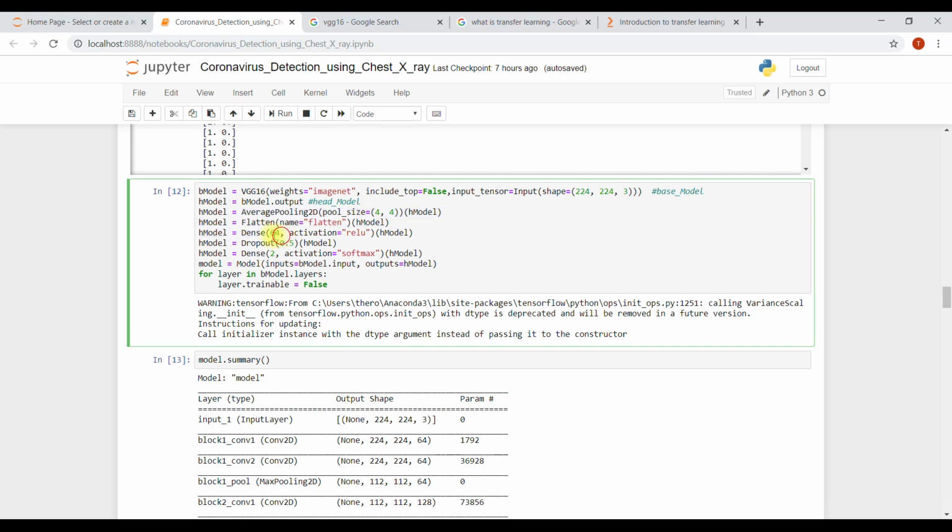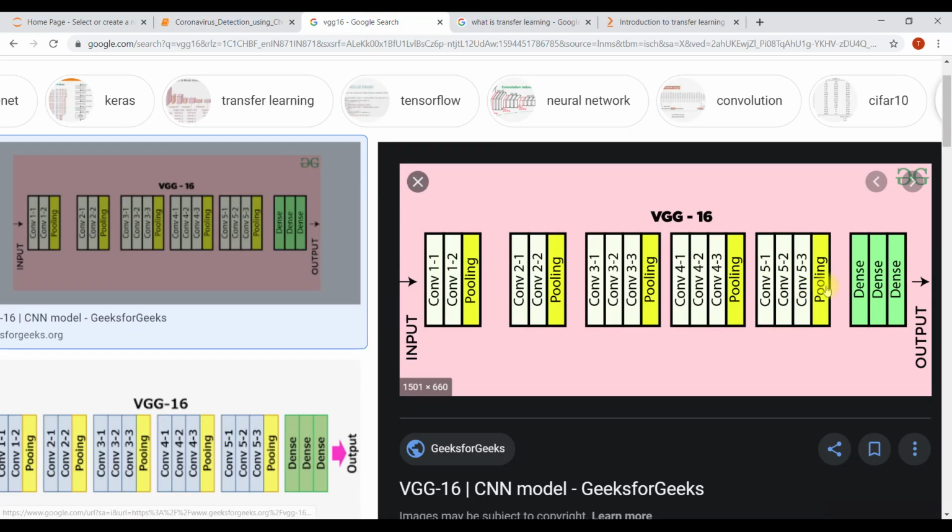Okay, we're gonna add a flatten layer, then a dense, then a dropout, and then at last two output layers, so that it can be trained according to our requirements. Okay, we are not going to train this many layers. We are only going to train the last layers which we're gonna add.